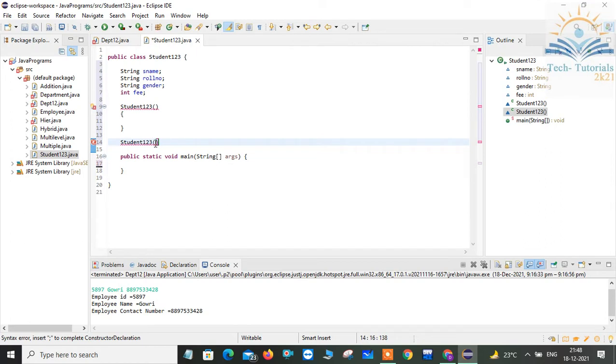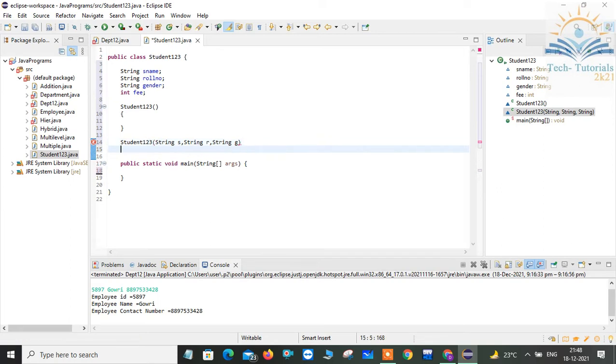In this constructor I'm going to pass three arguments: string s, string r, string gender, for that I'm assigning g.